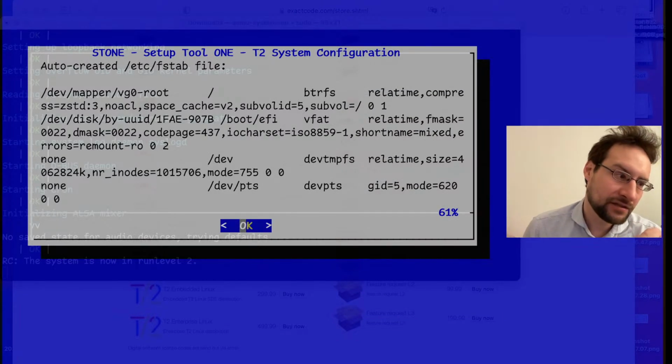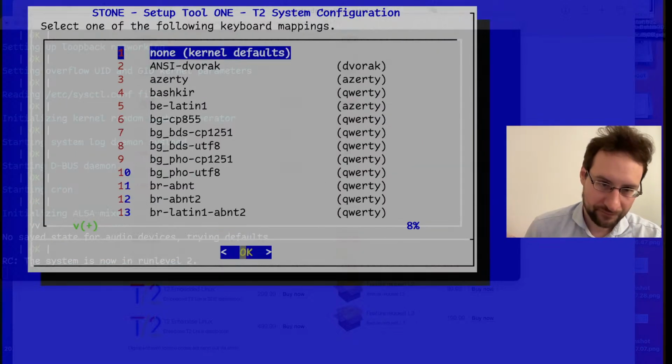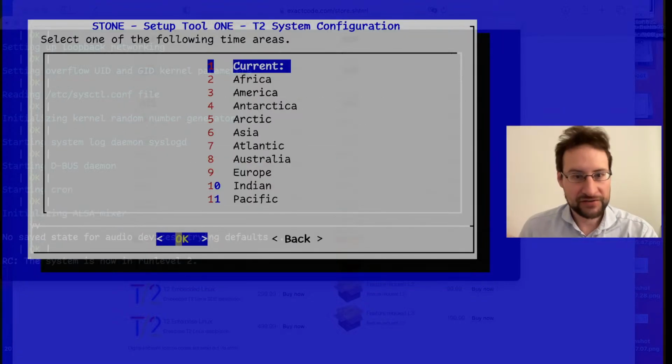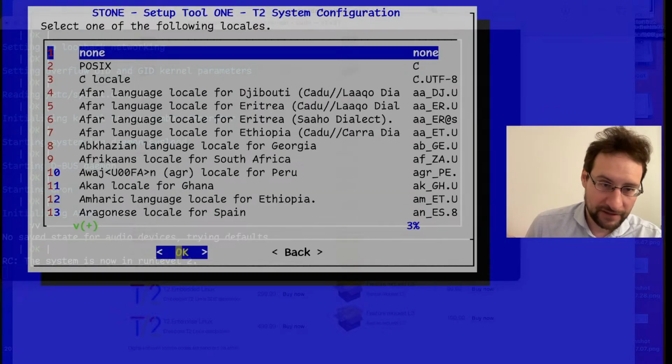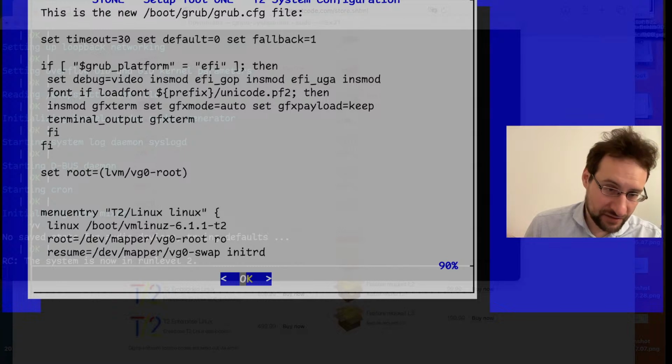I also implemented, and I didn't make a video about each of these things, swap and resume from disk from LVM. So now, if you have your swap on VG0-swap in whatever RAID setup, and you suspend to that, with the T2 default installation it will actually resume from disk from LVM, as long as the Linux kernel supports it in this configuration. So, of course, our trusty test password, Europe, Berlin, and so that initializes it here